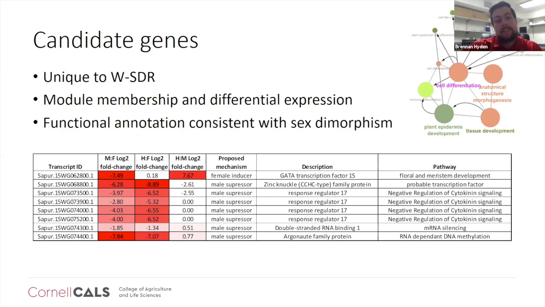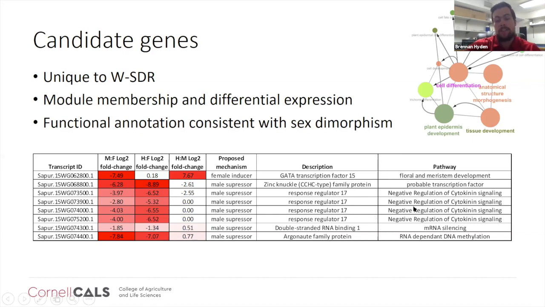In the network analysis I did, they had module membership to highly female correlated modules. They also had extreme and significant differential expression. And lastly, they are genes that had functional annotation consistent with something that might be involved in sex dimorphism. So first I'll mention these